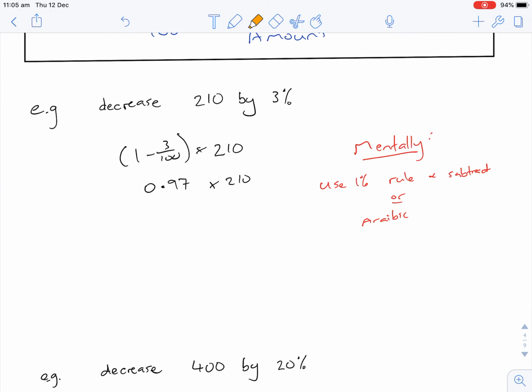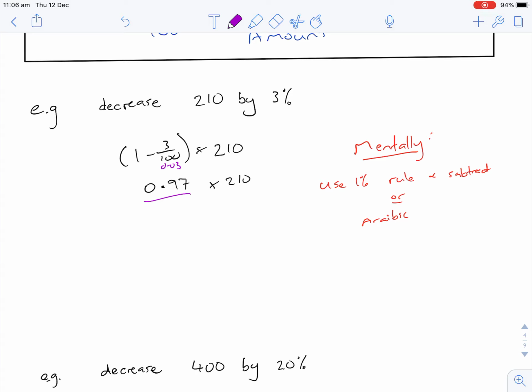So my first example, decrease 210 by 3%. So I'd go 1 take my 3 on 100 times 210. So 3 on 100 is 0.03 when I move my decimal 2 spots. So 1 take 0.03. And again, some people don't like subtracting decimals in their heads, and the easiest way to do that is to imagine it being money. It's not, but most people can deal with money. If I said $1 take 3 cents, you'd happily tell me that it's 97 cents. Whereas sometimes when I say 1 take 0.03, people sit there and go, oh, hang on a moment,